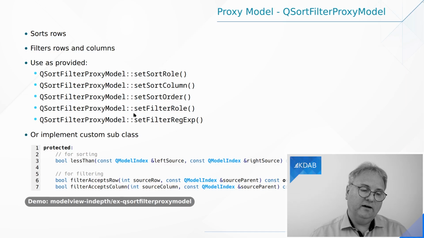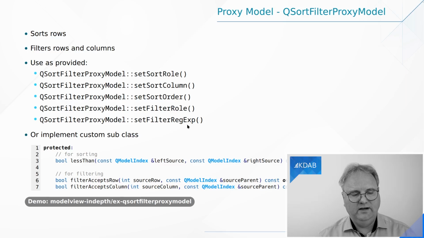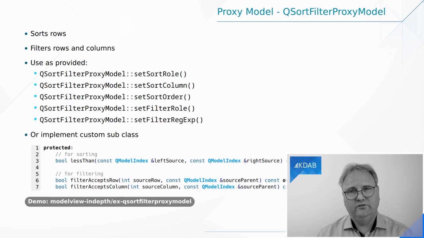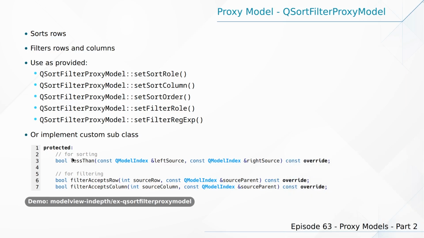Then the filtering part of the QSortFilterProxyModel, and you usually do it with two different instances. There you specify either the filter regexp, the filter string, the filter whatever, and the set filter role if it should filter on a specific other role. And then it will filter your model. You can do that by not subclassing, by just using a subset of these methods, or you can subclass for filtering. Or for sorting, you'll implement less than and it takes a source index from the left and the right,